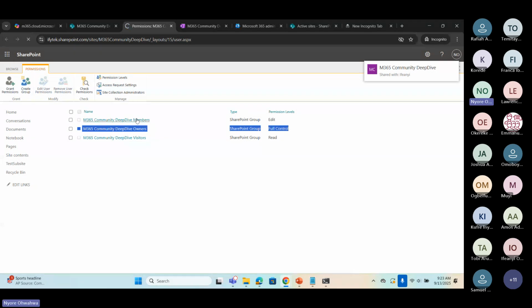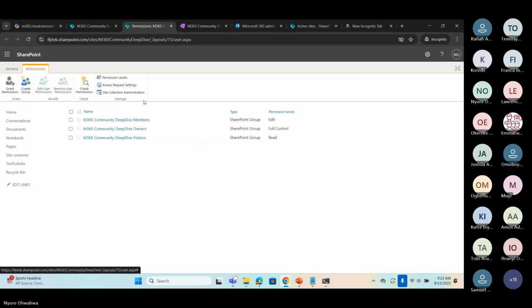Okay, so sometimes I've had cases where you have some permission issues and there's some conflicting permission. You have done everything on the permission and the user is still not having the right permissions on the site. You want to basically remove the user from the site collection as if the user has never accessed the site, so that you can grant fresh permission to the user. And that's where we come to this.